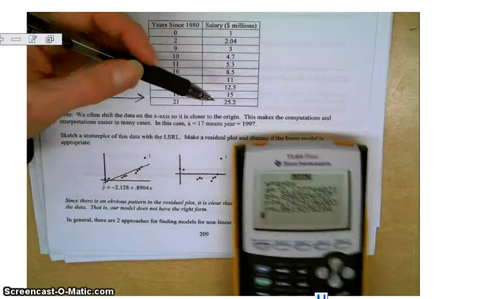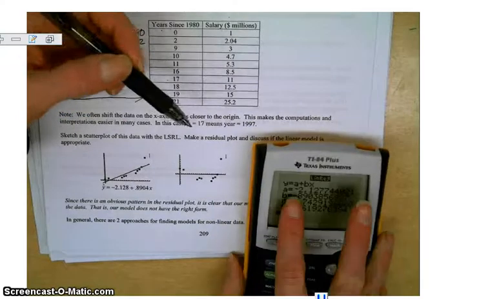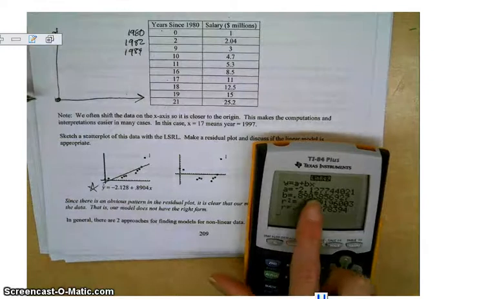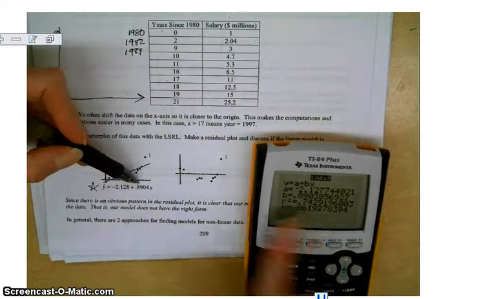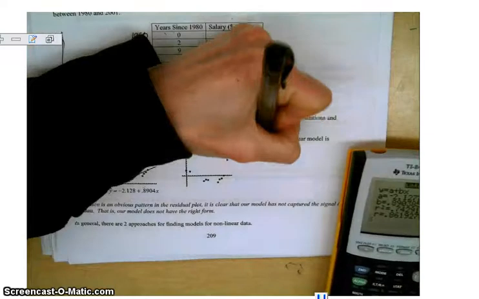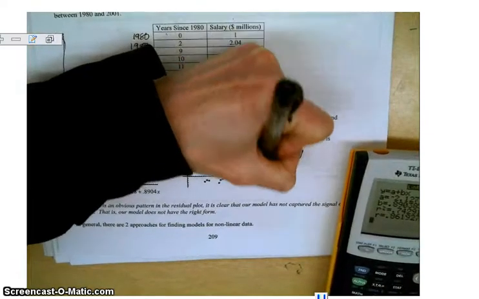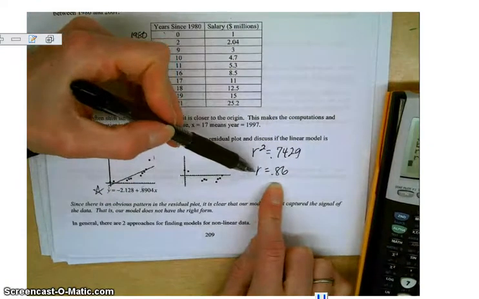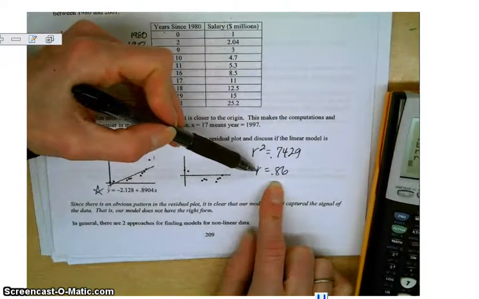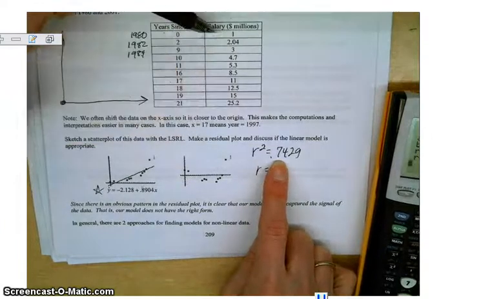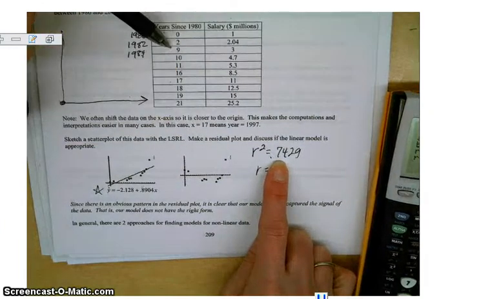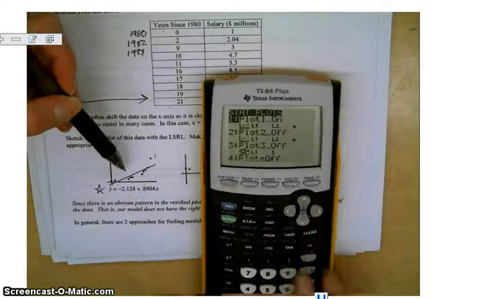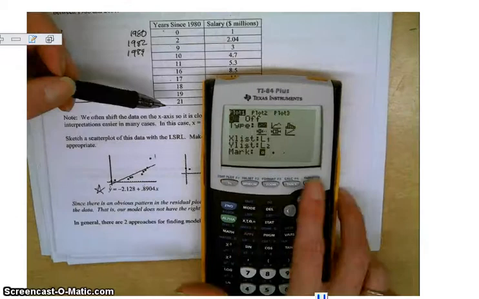And so it gives me that the least squares regression line is negative 2.128 plus 0.8904x, and this happens to have an r squared of 0.7429 and an r of 0.86. So r, the correlation, is the amount of scatter from the plot. It's the strength of the linear relationship, and r squared is the variability in the salary that is accounted for by the year. So this is our scatter plot, and if I go back to second stat plot and graph that,